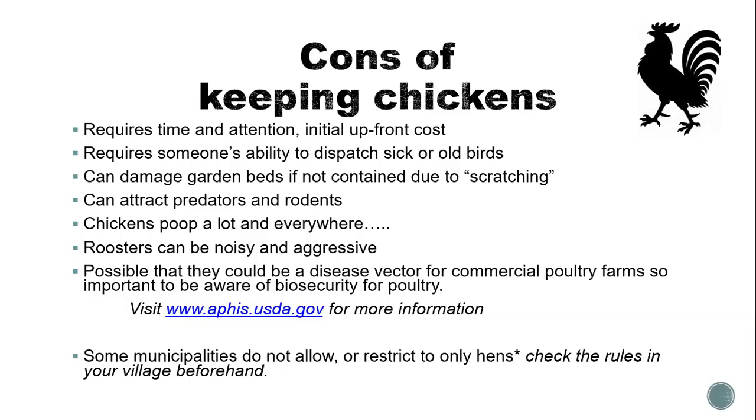Once you get chickens, you'll notice not soon after that you have some rodent activity. I have never met a person that has chickens that hasn't had a problem with rodents. For some reason, the rodents know when there are chickens in your yard, and they will try to colonize an area nearby or underneath the coop. It's kind of a constant thing that you have to be vigilant about and figure out a way to control the rodents